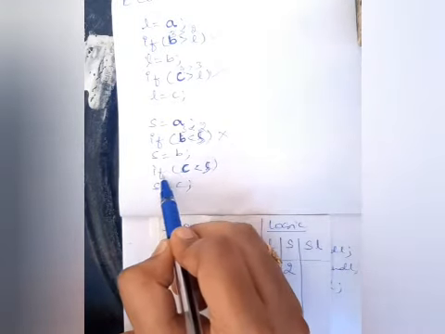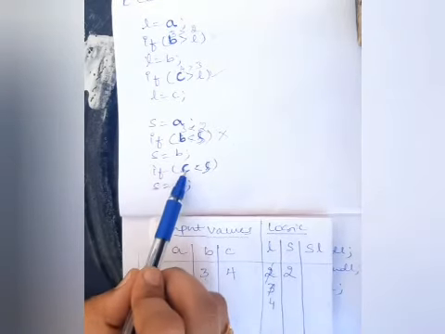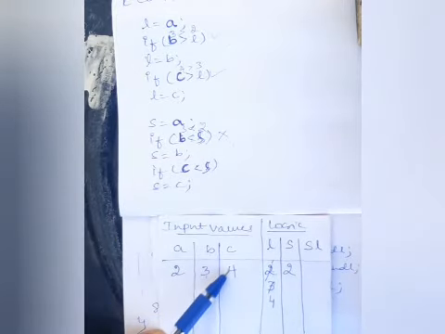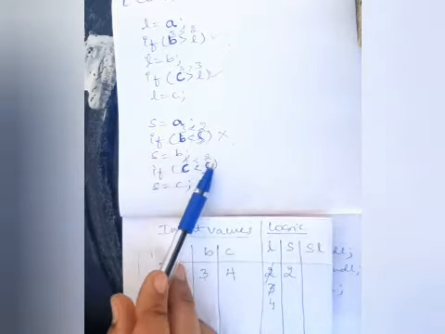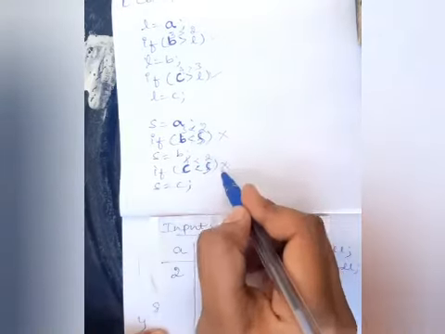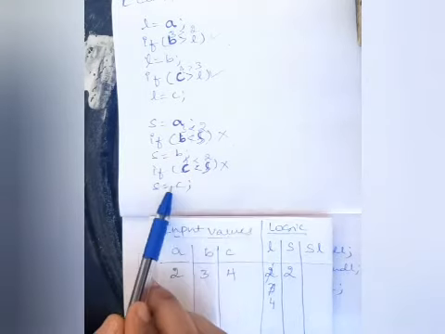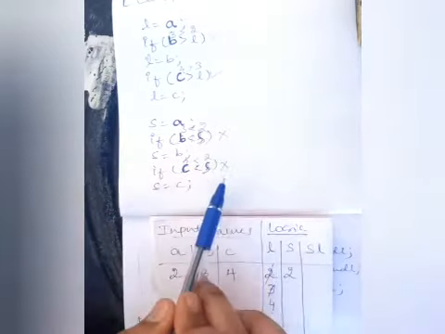It will check another condition. What is there in the other condition? We have to check if C is less than S. What is C? C is 4. Is 4 less than 2? Again the condition is false. So if the condition is false, it will not execute the statement. So that's all about largest and smallest.